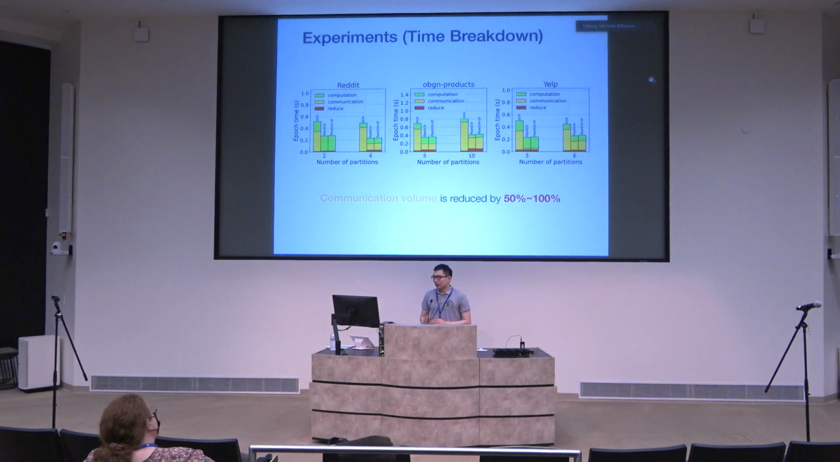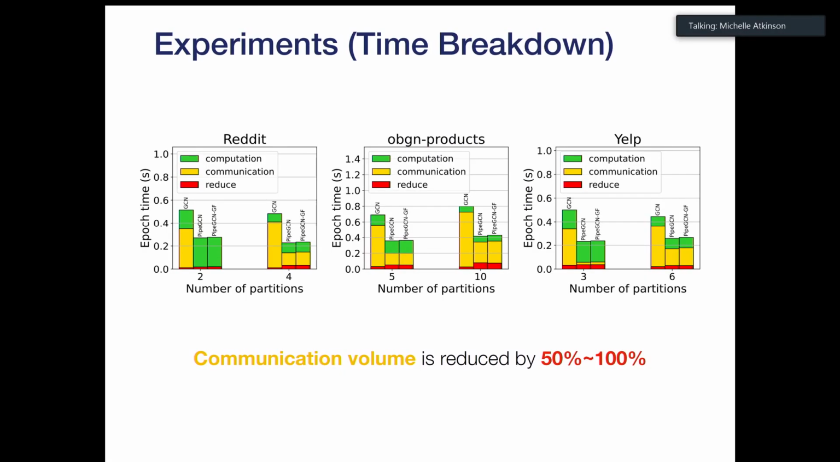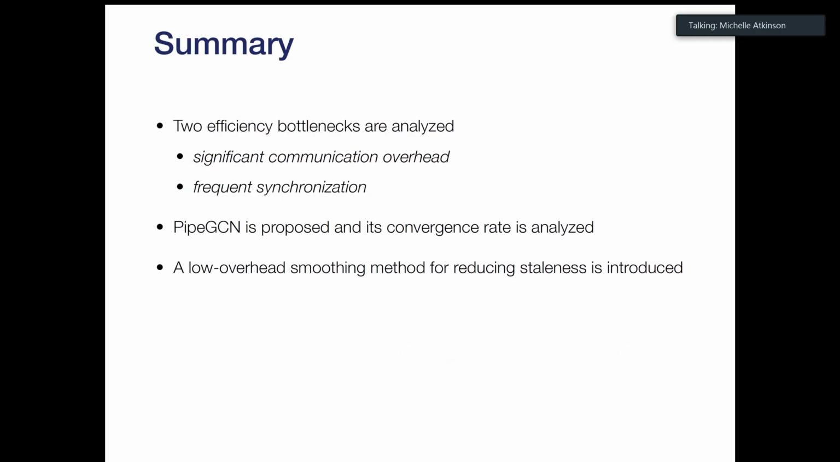And in our last experiment, we demonstrated the time breakdown of PipeGCN. Here in this figure, the yellow bar demonstrates the communication overhead. And we can see that with PipeGCN, the communication volume can be significantly reduced, and the reduced ratio is around 50% to 100%. So in summary, in this project, we